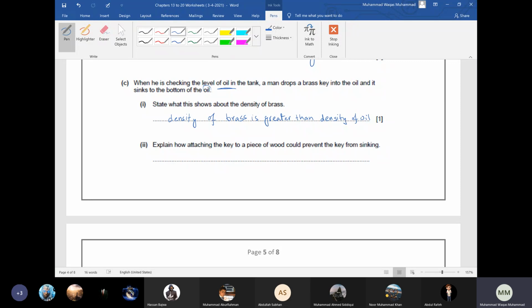and then answer accordingly. Now beta, what happens is when we attach a wood, the combined density of wood and brass, or you can say of wood and key, shabash, their combined density is less than the density of oil. Okay, so that's why it will not sink. So the combined density